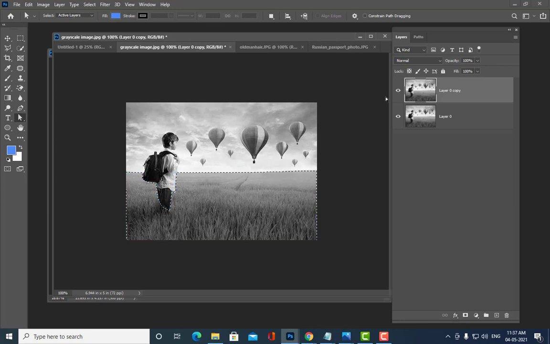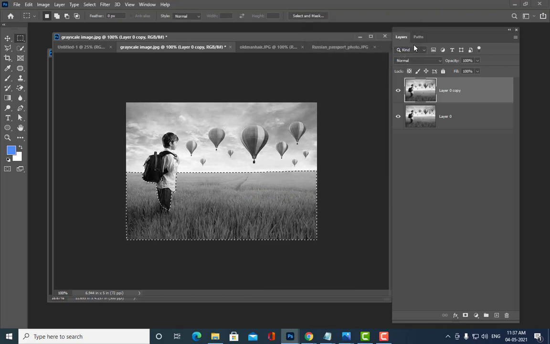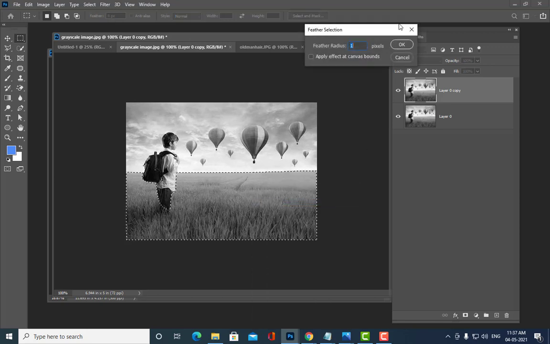So again I will just hit Control Enter. See, I have not taken any new layer. Okay, I am doing it in this layer only. Right. Then what is the next step? Okay, actually we have to give it some more feather.